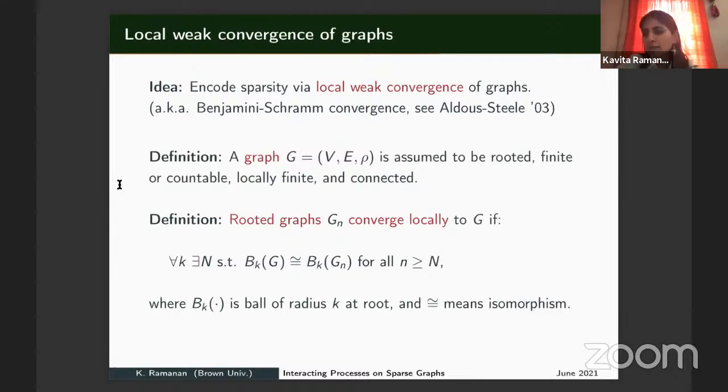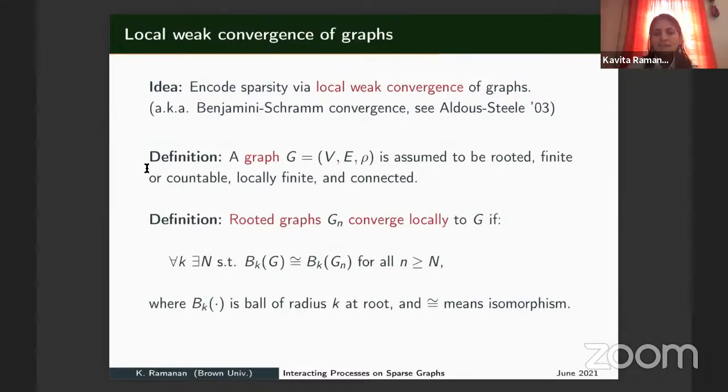So I also have an appendix, a write-up in terms of background that I will post. So if you are not familiar with this, you might want to read that before coming tomorrow, because we will use some properties of local convergence. They're not very involved, so it should be easy to look at it just this evening or tomorrow.